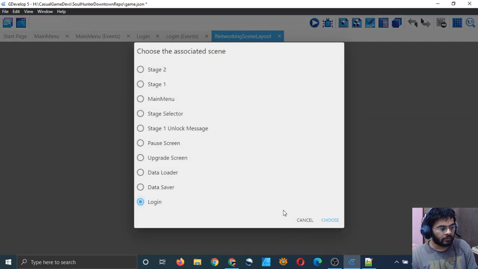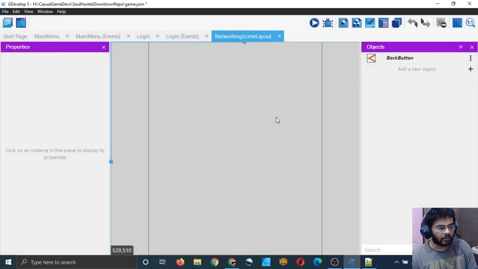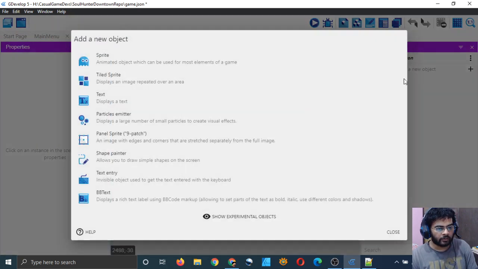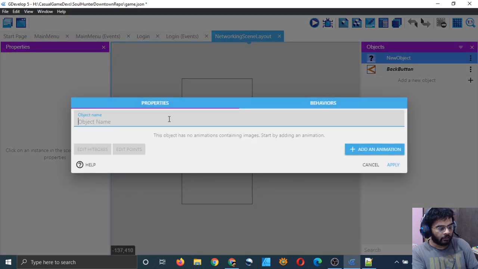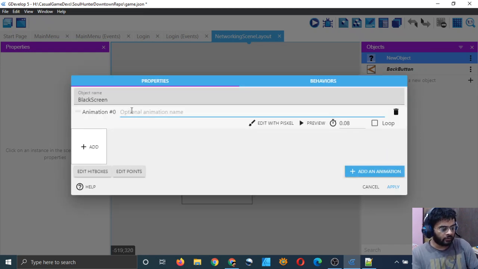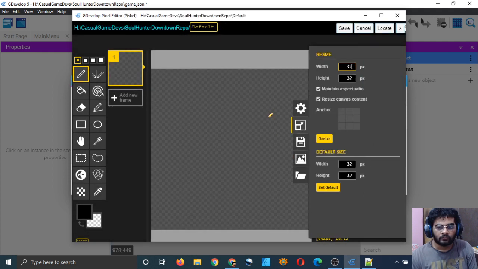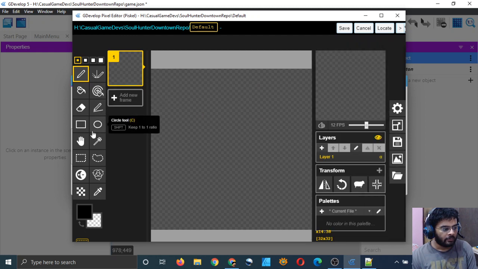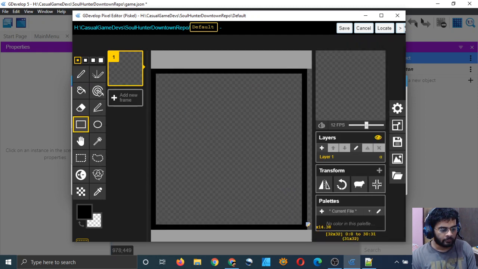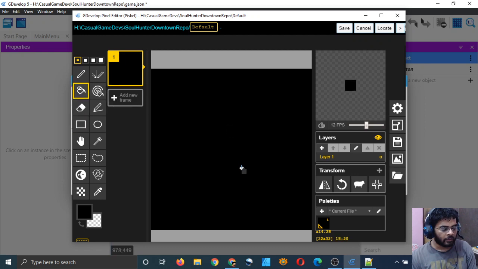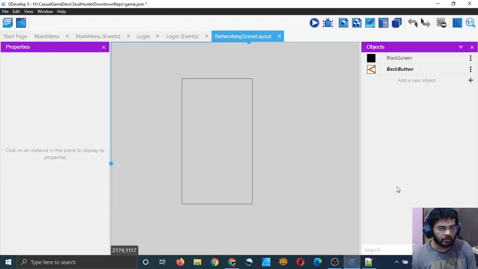I will choose the login scene, and here I will just create a new object, a simple sprite, and I will just call it black screen. It is a black screen. I will put an animation. I will call it default, and then edit with Piskel. And so I will simply make a square, black color square, and paint it and save it and apply.